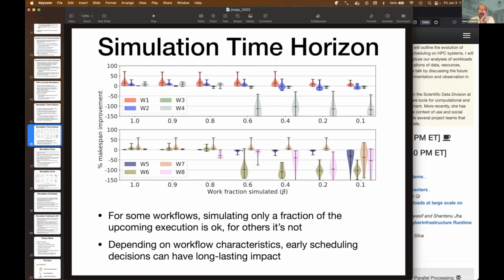It seems always very idiosyncratic, and by inspecting the workflow structure, you understand why it happened, and it makes sense. But it would be very difficult to try to characterize workflows in, oh, for that workflow, it's okay to be myopic, but for that workflow, you should simulate the whole thing. That's probably a very difficult question. Yeah. Okay, it's exactly that. If the workflow were to abort at halfway, you would have done a perfect job and not seen that effect later on in the execution.